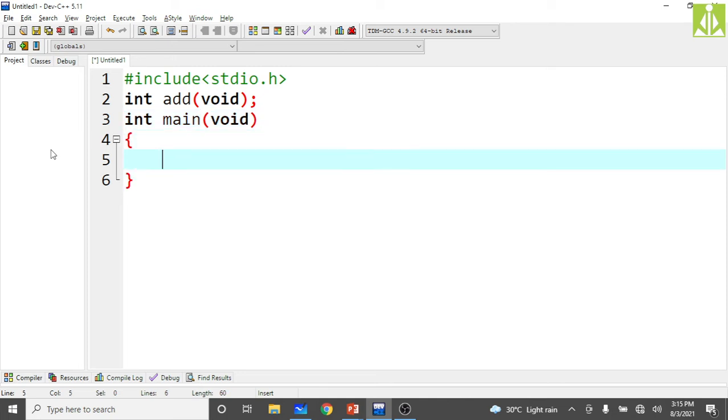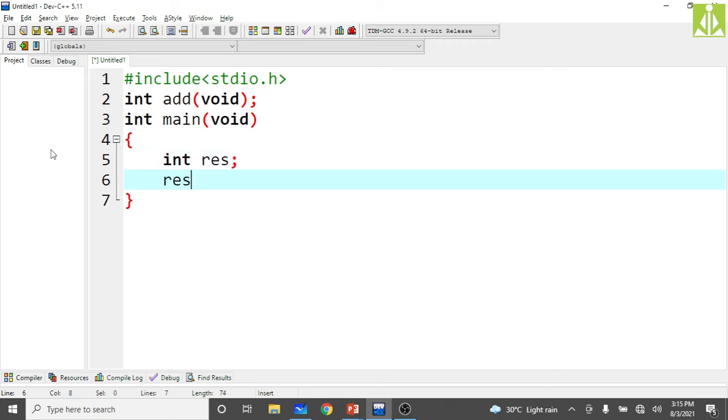Then call that function add. As it is returning some value, take an integer result. Okay. Then result equals add(void), as we are not passing any value.